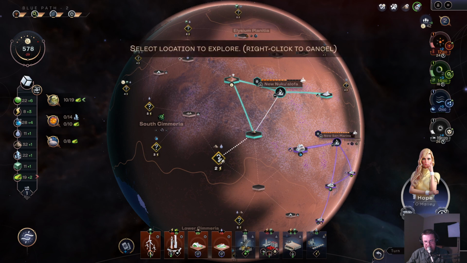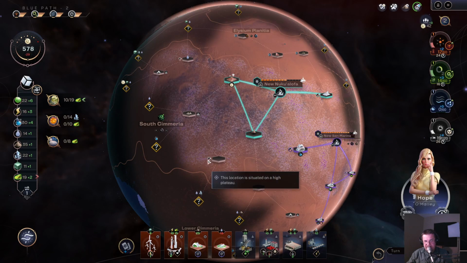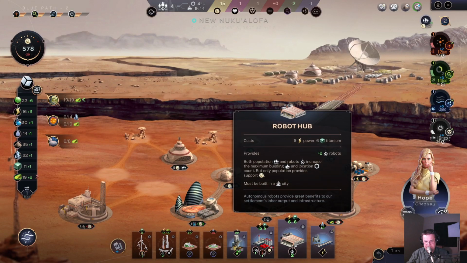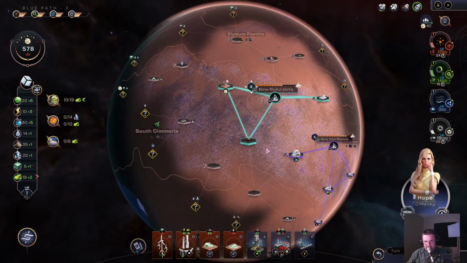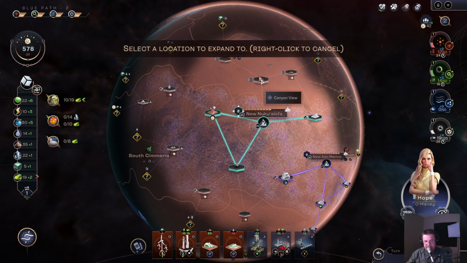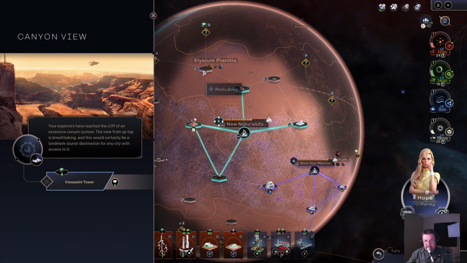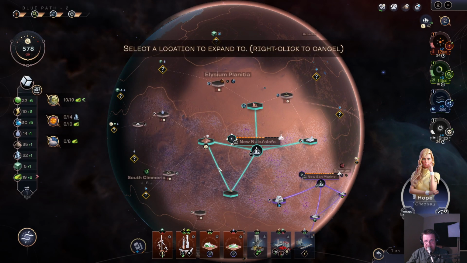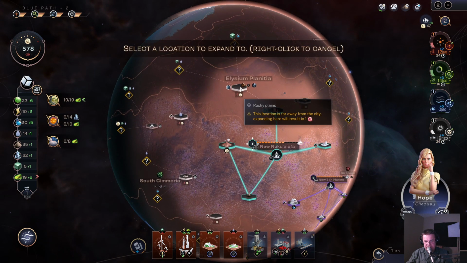What does it take to explore? That's no negative effect. +10 power. Hey! Okay, we're actually going to build the robots here. So this will allow us to expand too. We'll get the canyon view. And we're also going to take this rocky plain spot. Well, hang on. Yeah, that rocky plain spot, we're going to build